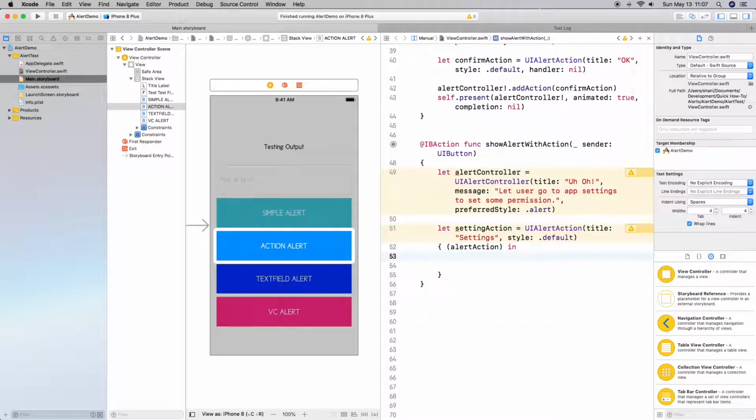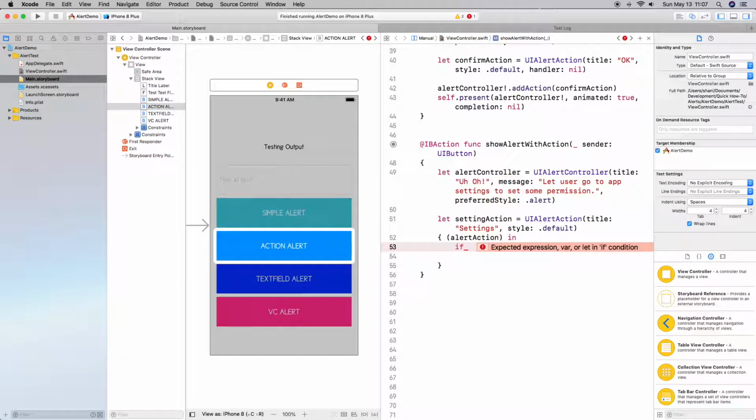So the first thing I want to make sure to do is do an if let statement to find the URL for the settings for our application. So I'm going to do if let appSettings URL equal URL